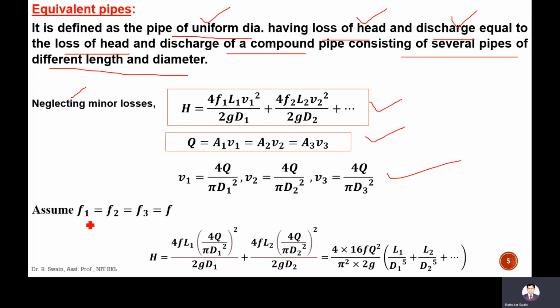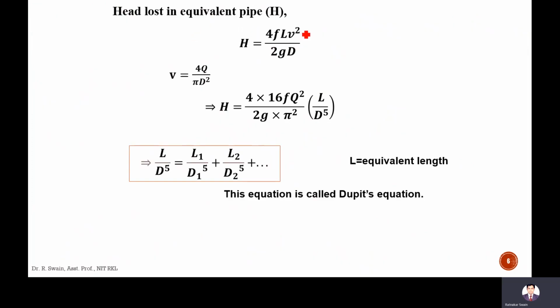Assuming this f value, the friction coefficient, remains constant, the total energy head can be simplified again, and it will be 64 f Q square by pi square 2g into L1 by D1 fifth plus L2 by D2 fifth, like this. So this is the head loss in the equivalent pipe. We have replaced these pipes with this equivalent pipe whose head loss is 4fL V square by 2gD. Here, if we put the velocity as discharge by area, which is pi by 4 d square, it will be equal to 64 f Q square by 2g pi square into L by D fifth, and this will be equal to, since H is equal to HL1 plus HL2, like this,